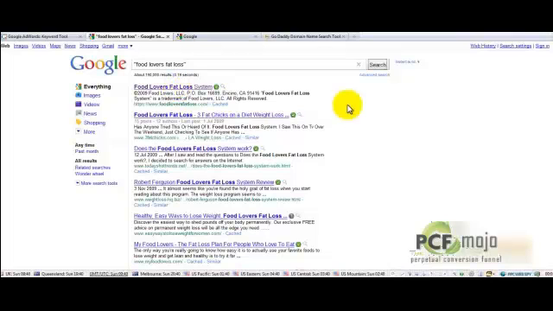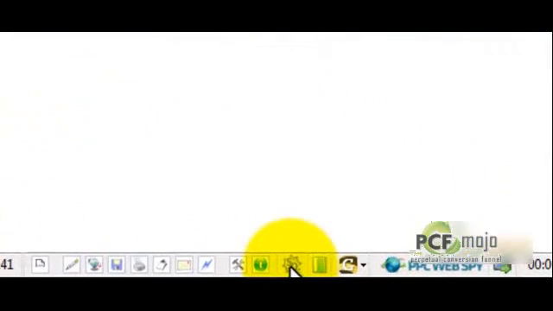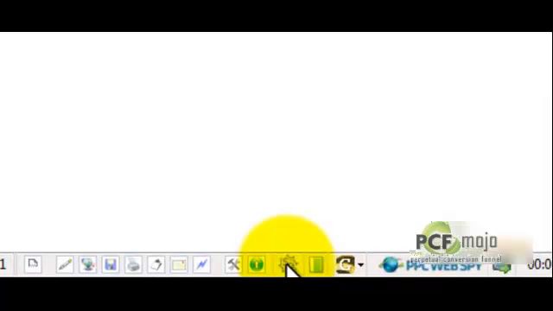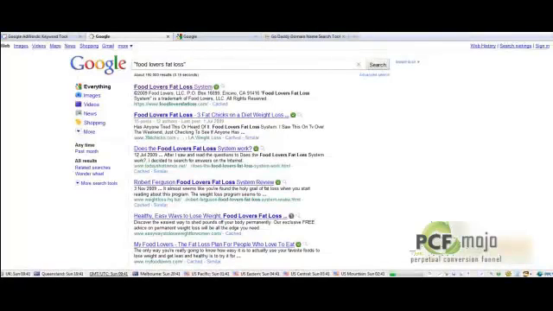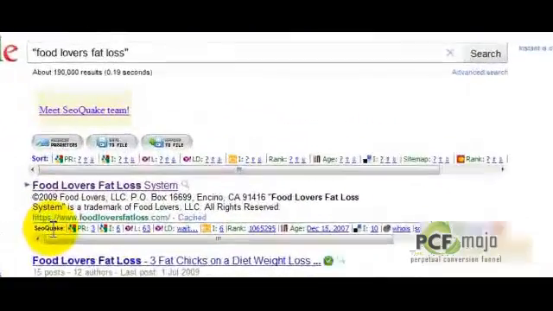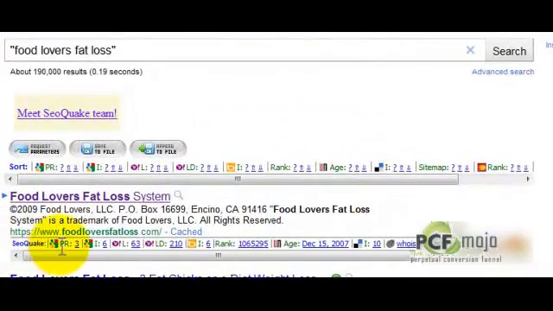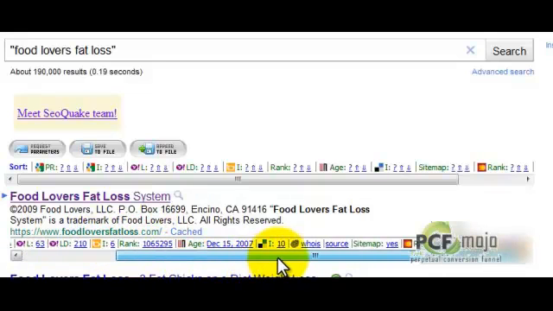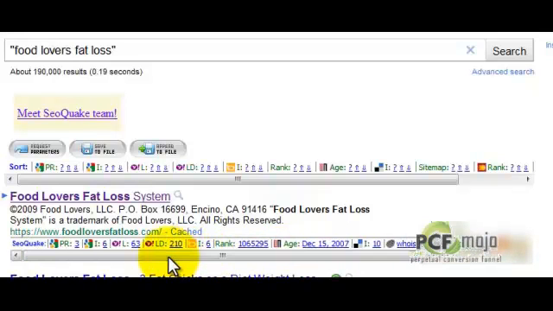spot. Now we're going to go back down to our SEO quick button, and remember I said it's gray when it's not being used. Then when we click it, it activates it. Now since I've already got this page on, I'm going to simply go up and refresh the page. And as you can see right here, the SEO quick word, and then there's a listing of information along here. Now we don't have to worry about, for this process of choosing a domain name, all this information. The main variables are the PR